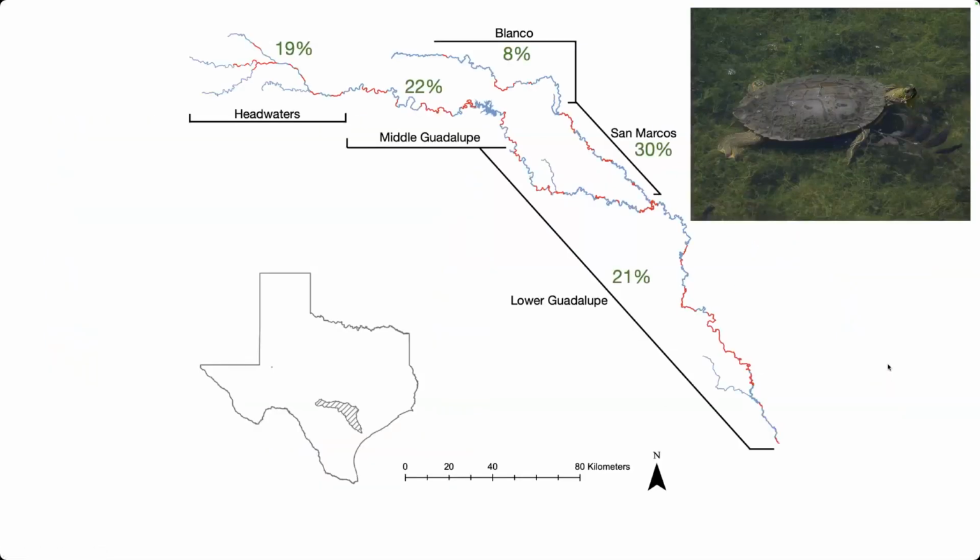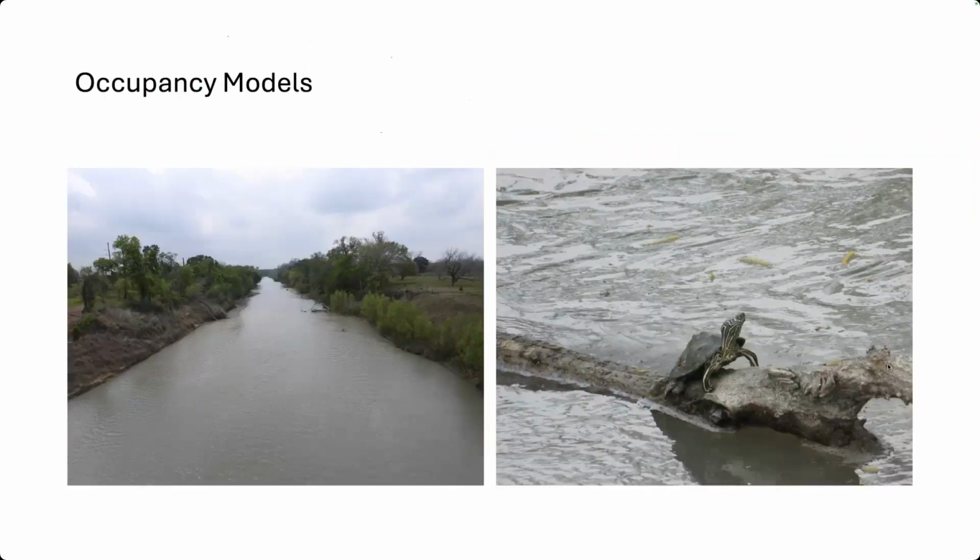And if we look at this in terms of the proportion of population within the different stretches, you have about 19%, 20, 30, 21. All these percentages are fairly consistent across the different geography blocks. Except that you can obviously see that, if you look at the relative length of the lower Guadalupe having only 21% of the total population of Texas river cooters, they're definitely less dense in that area versus the other river reaches. So